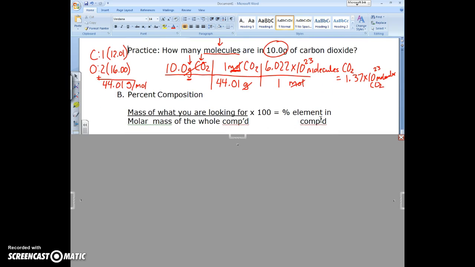It is the mass, and what I mean by mass is the molar mass of what you're looking for. So if we're looking for oxygen, it would be the molar mass